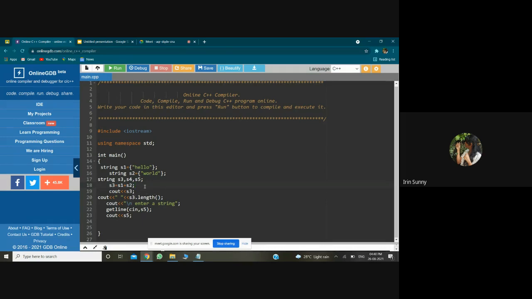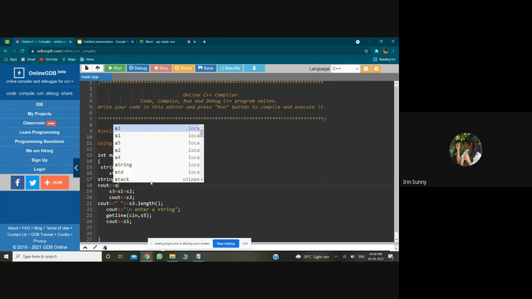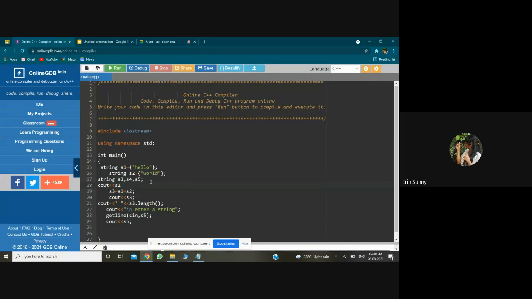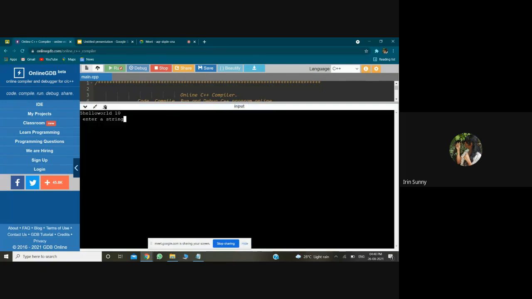So before this, let us also write cout s1 dot length. Okay, so let's just run the program and find what is the string length of s1 dot length.